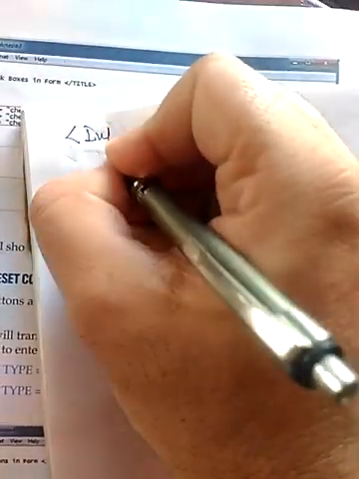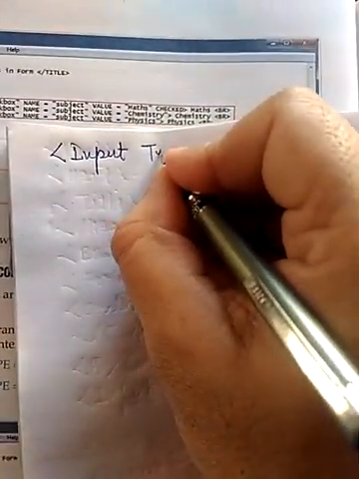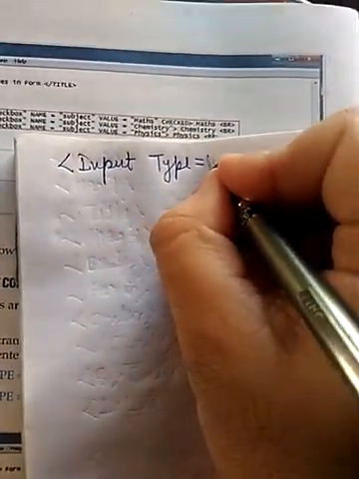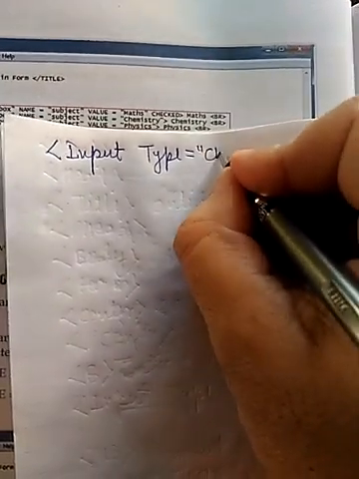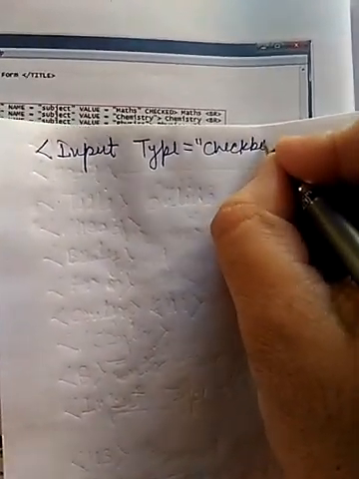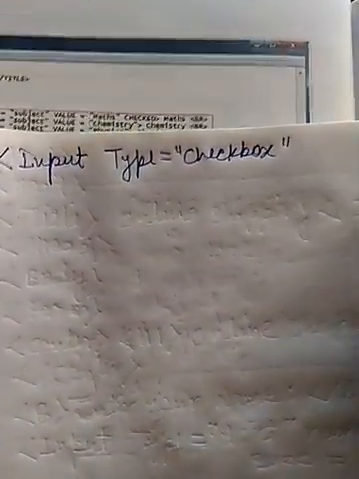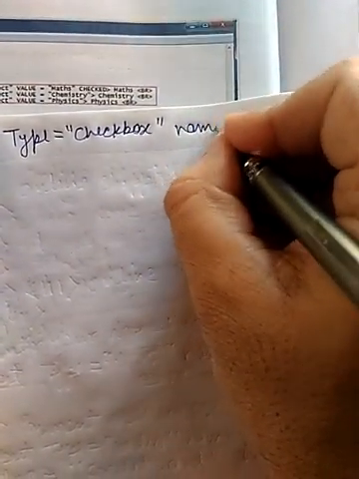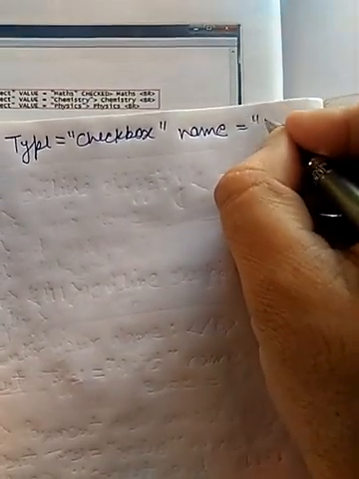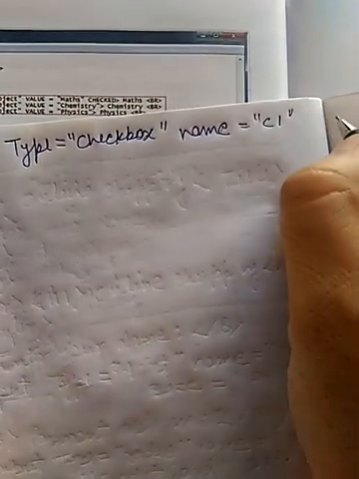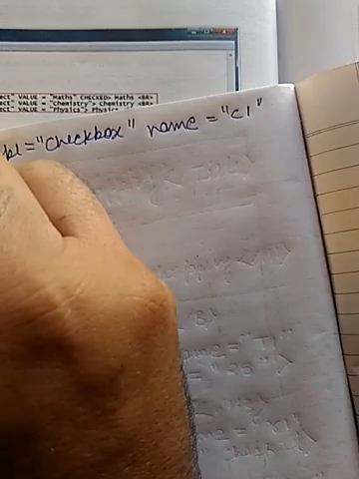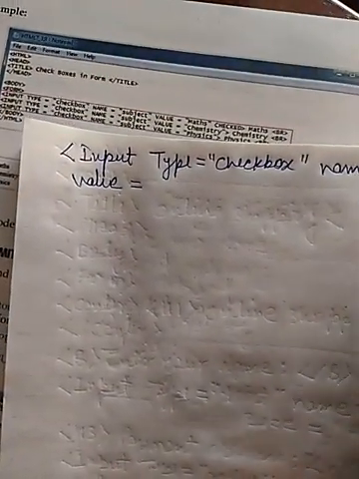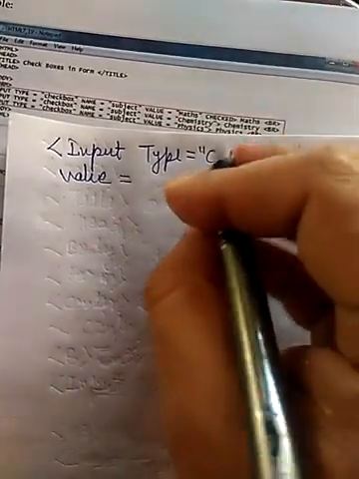Input. Now what is the type? That is checkbox. Now you have to name the control, so I am using attribute name. Let us say it is C1. Now the value is that attribute which is passed to the server from the client when the form is submitted.